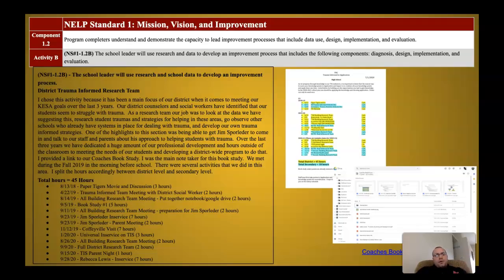In this team, we were able to look into the techniques of being a trauma-informed school. We were able to meet with our district social workers to address why we're implementing this process. We conducted a book study where they gave us a book. We were able to read through the book and then meet as teachers. We did that for 5 weeks, 1 hour a week. Meet, discuss the chapter that we read,